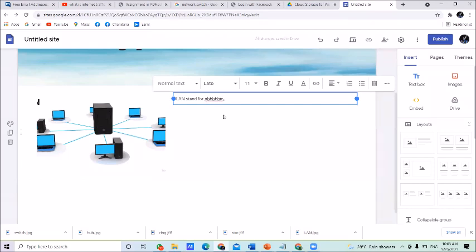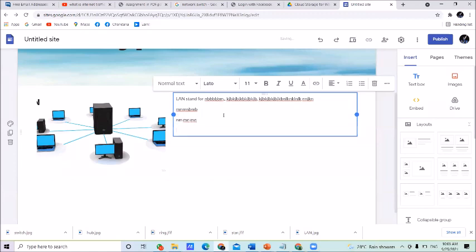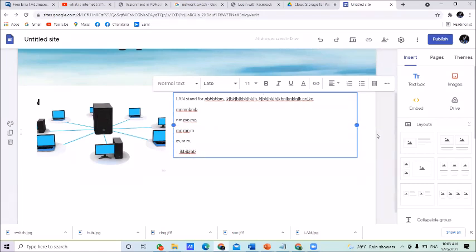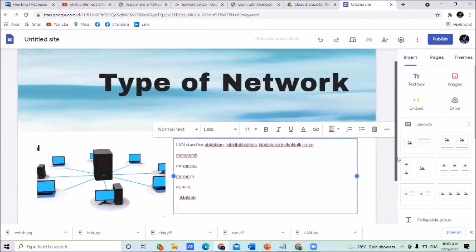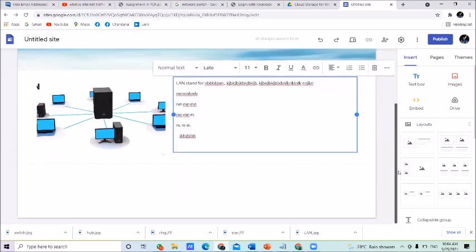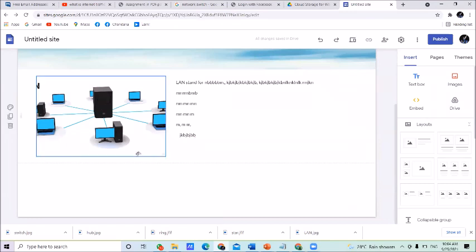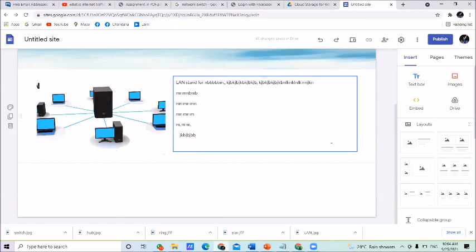It is much suitable for small buildings. The number of users is limited. In that way, please give a brief description about local area network. Then this page you are using to represent types of network. Right. If you have another type of network under this type, you can explain it.